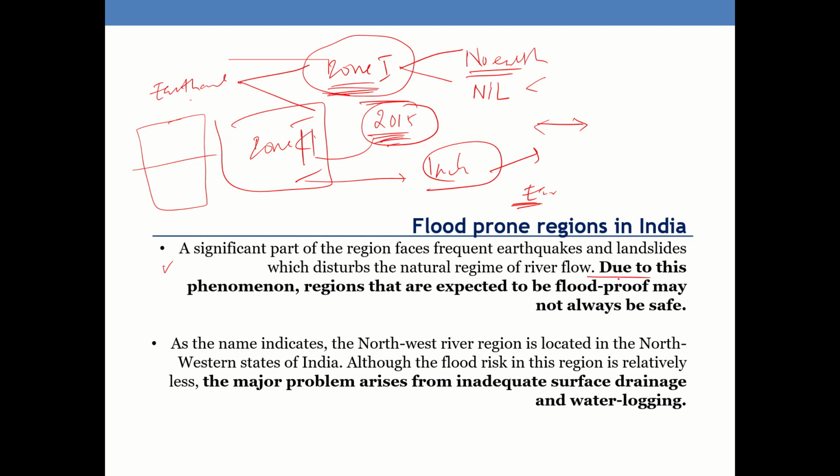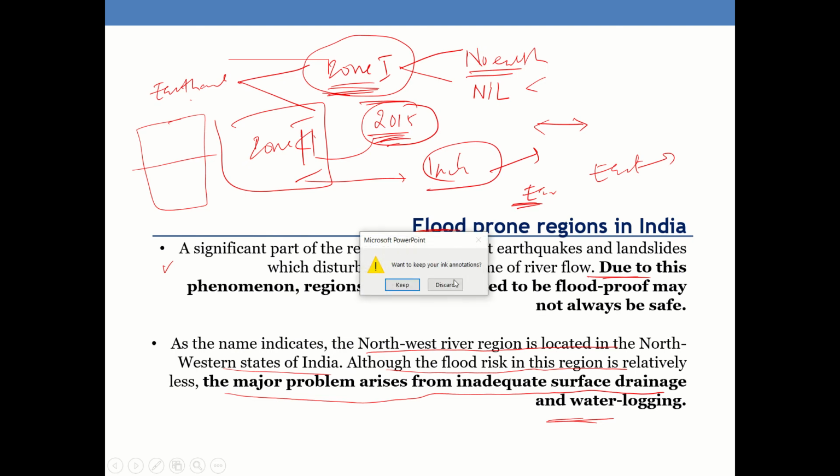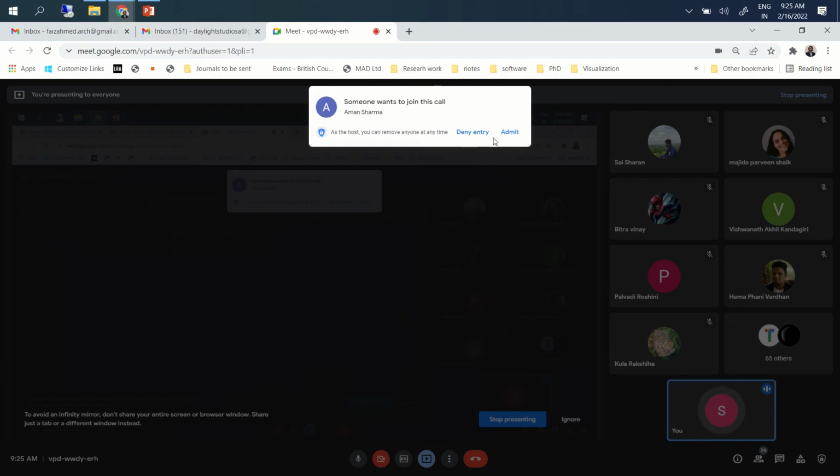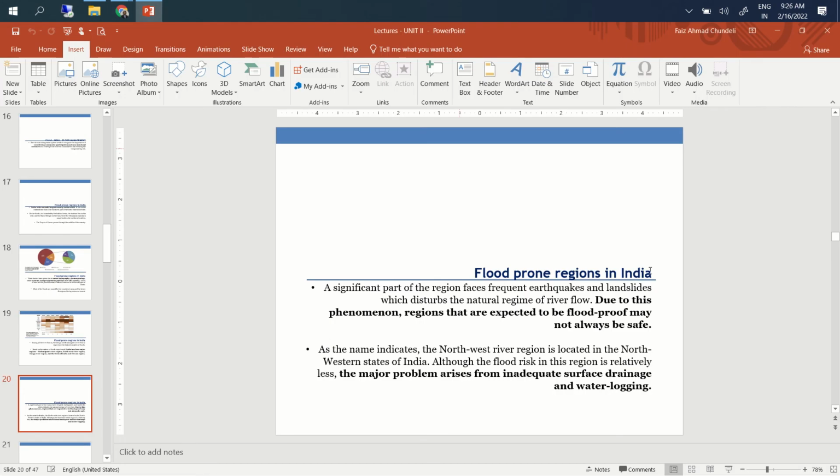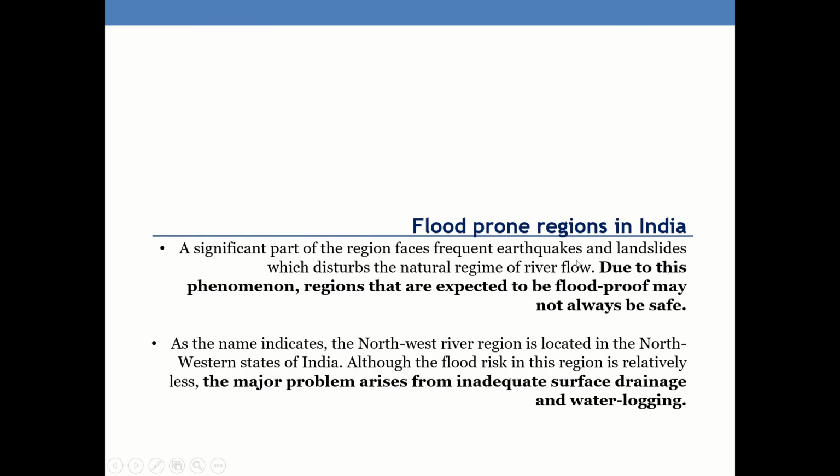And that will also, like I said, have an impact on the floods as well. So as the name suggests, like we have seen, northwestern region is located in the northwestern part of India. Although the flood risk in this region is relatively less, the major problem arises from the inadequate surface drainage and water logging. So each region has some issue. Okay, each region faces different issues across the